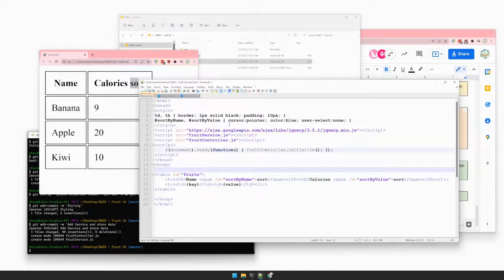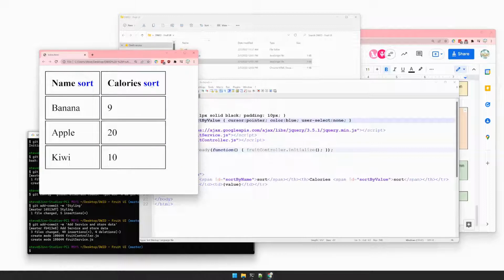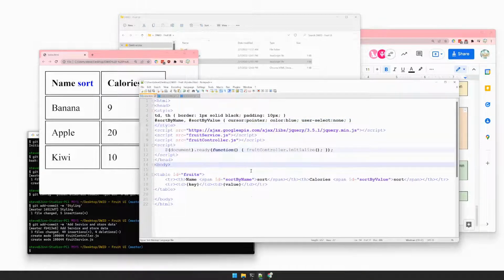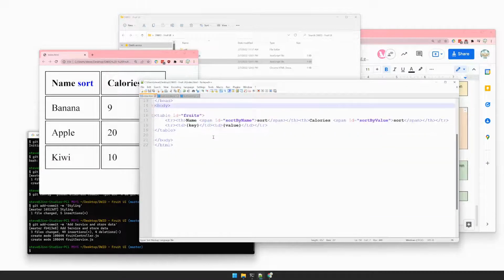I'm going to say these have a cursor for pointer, and they're going to be blue, and user select none. That means you can't highlight it. So I can click it now. It won't highlight, but it looks like it's a little button. I can click sort. Of course, it's not doing anything, but I can click sort, so that's pretty good. And at that point, I shouldn't have to do anything else here. There's styling, there's HTML,